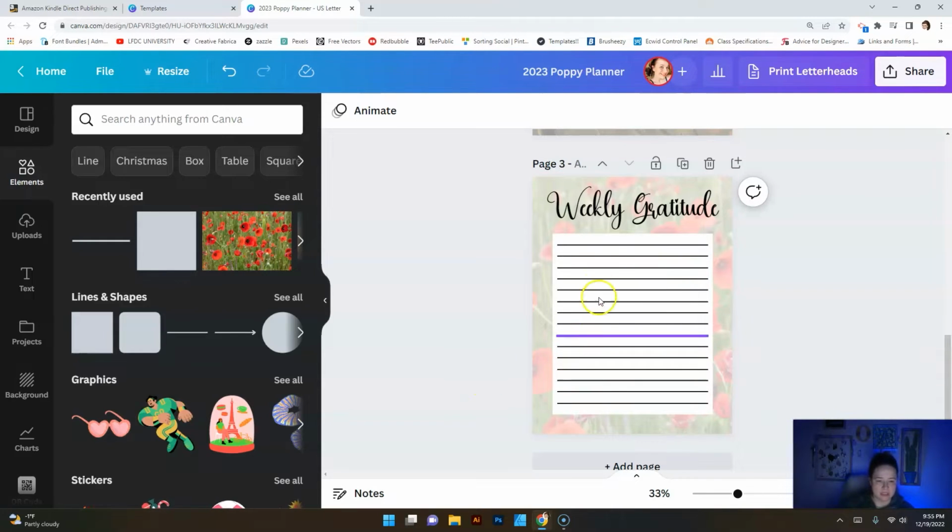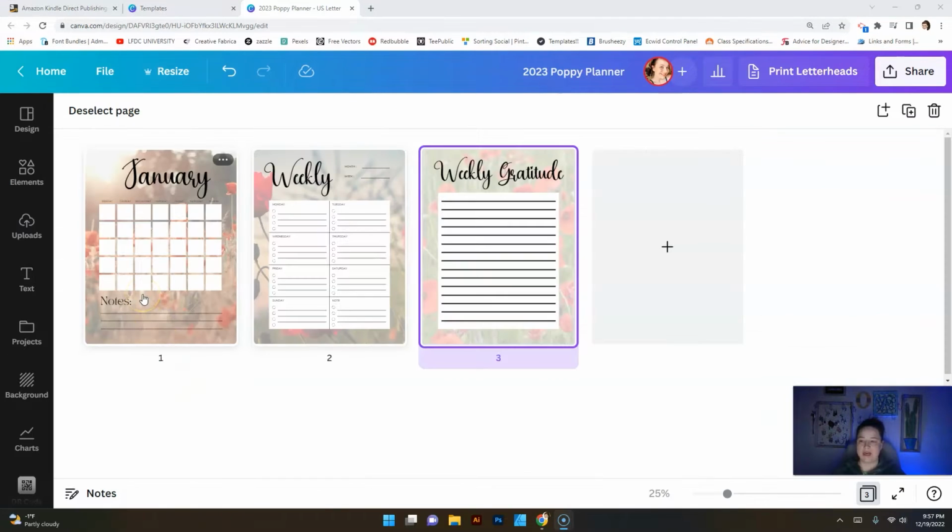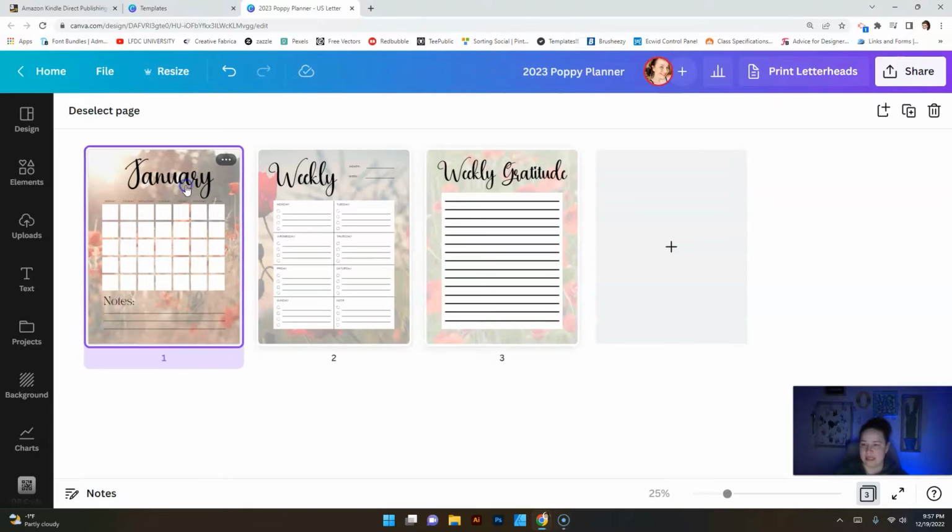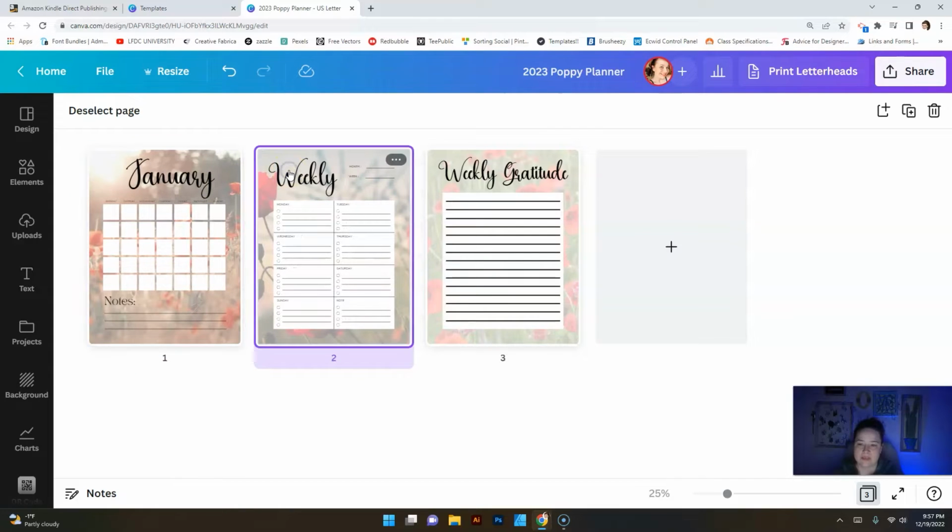Perfect. Now let's just make sure these are lined up and they look great. So that part is done right here. And what we will want to do is obviously finish the whole planner. So I'm going to go ahead and do that, and I'll probably speed up this process a little bit for you guys. But what we're going to want to do is basically put 4 weeks in between each month and then 12